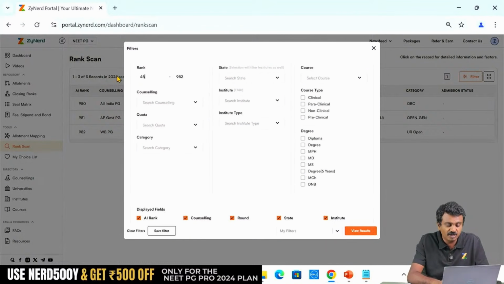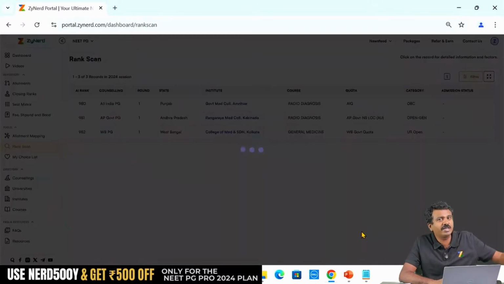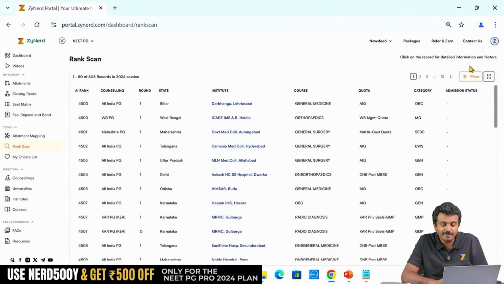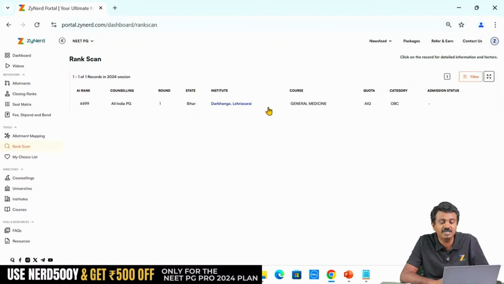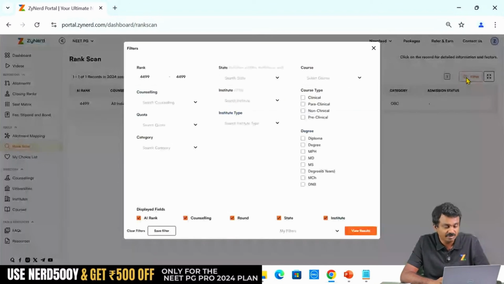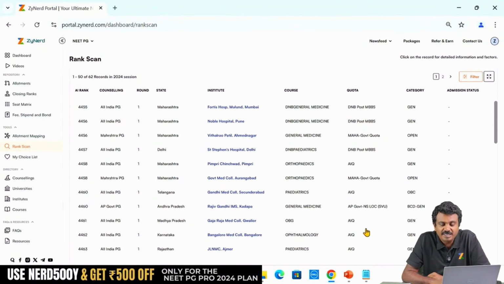Where will this be useful? I want to know all the candidates between 4,500 and 5,000, even if they did not get a seat in All India, where all they have got a seat. My immediate higher ranker is 4,499. I am ranked 4,500. I will put up 4,499 and I can't do that anywhere else, right? I will have to go to individual counsellings. I will be able to see where all the candidate has got a seat. So all the 50 candidates above me, 4,551 to 4,499, rank scan will beautifully give me the data